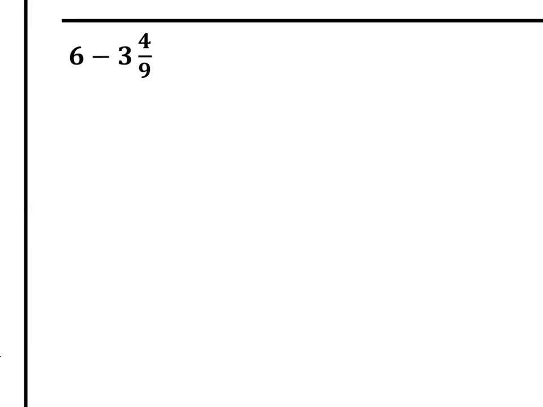Alright, this problem is a little different. We have a whole number minus a mixed number. What I'm going to do is change the whole number into a mixed number, pretty much the same way that we did before. And this is going to allow us to just subtract the fraction right there. So I'm going to make it a 5